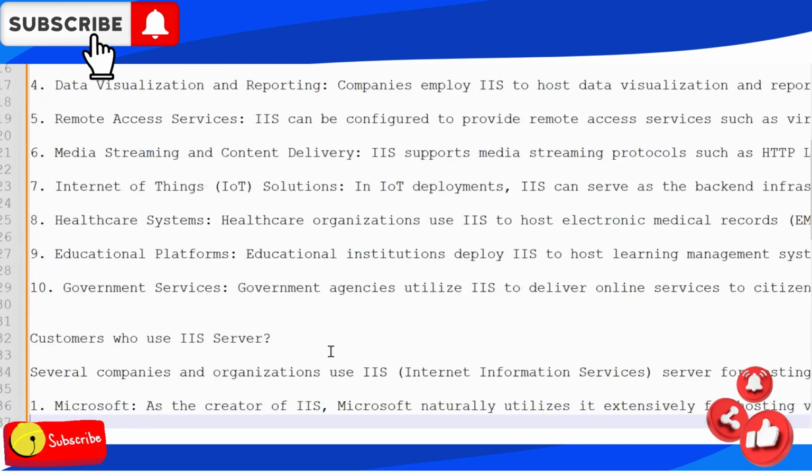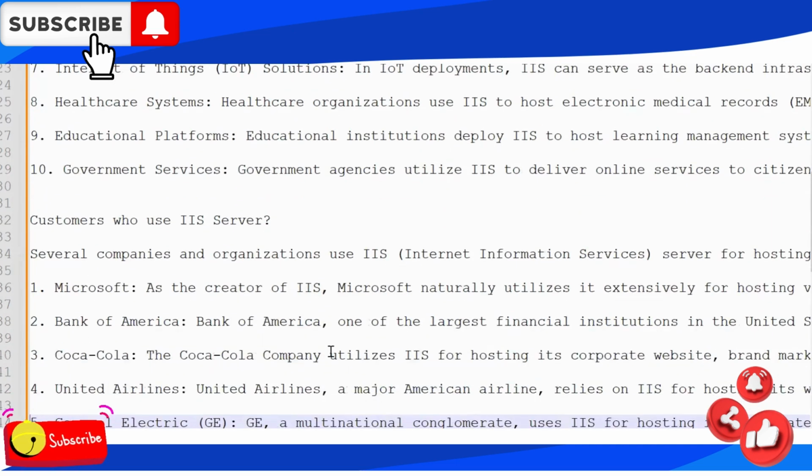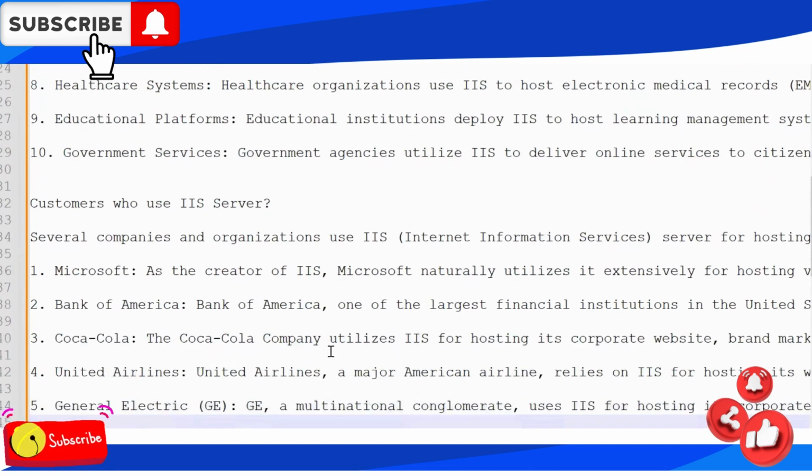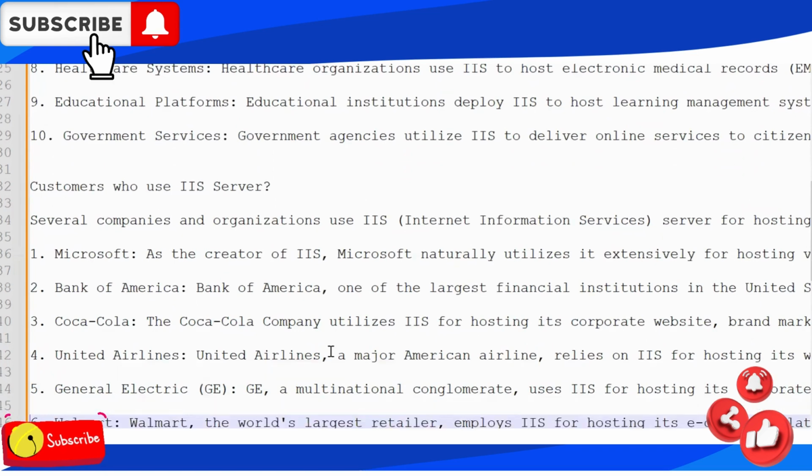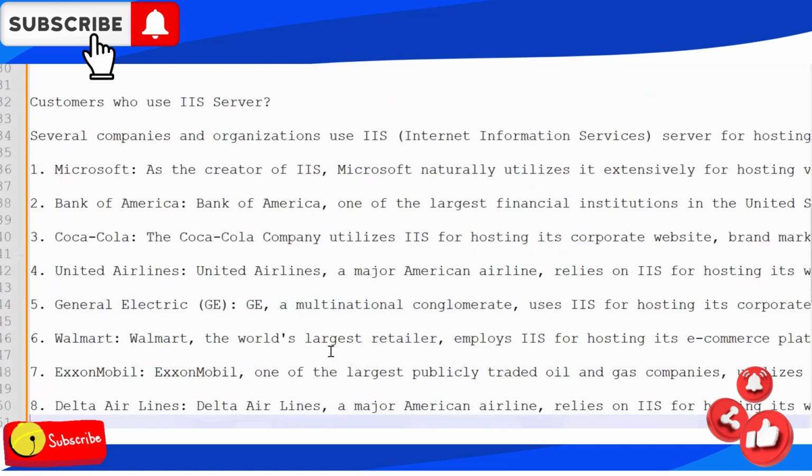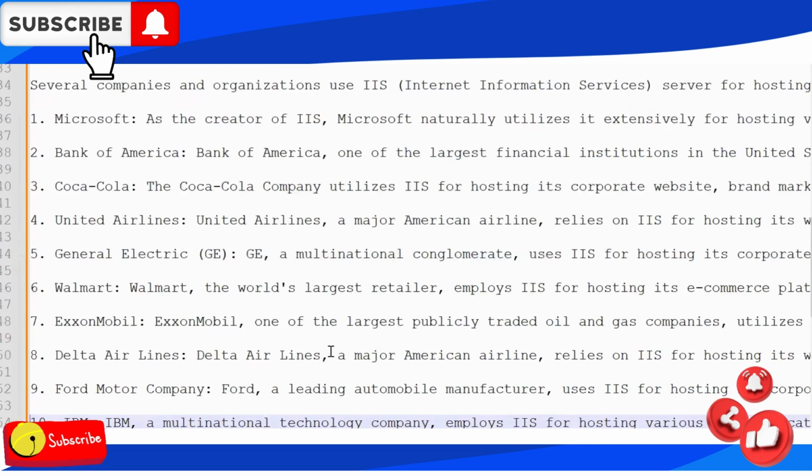I have taken one more question for all of you, that is customers who use IIS server. And I have listed down some of the big companies, which include Microsoft, Bank of America, Coca-Cola, United Airlines, General Electric, Walmart, and many more. So again, you can get the list of companies. I have taken some of them. Just go through it and you can get an understanding of where this particular web server is used in the industries. So now it's time to see practically how you can set up IIS server